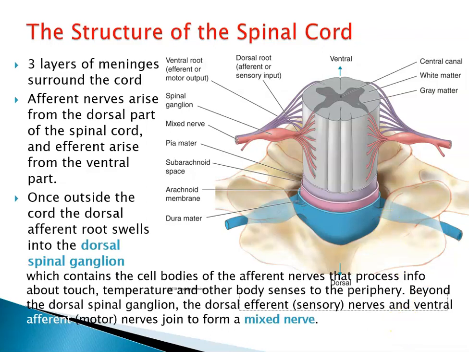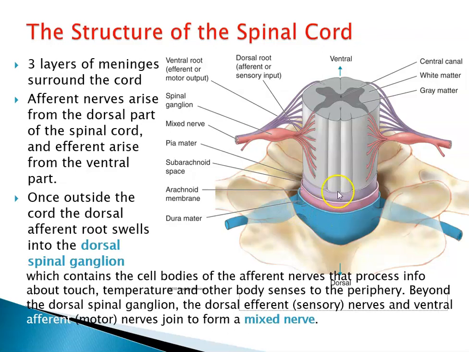We're going to talk about the spinal cord now. I know that when we talked about the brain, we talked about the meninges, and I want you to know that the spinal cord is also protected by meninges. So we have the pia mater, which is right up next to the spinal cord. We have the arachnoid membrane right here. And then in there, the subarachnoid space, remember that's the space that looks like little tiny, almost like little spider webs. And then the dura mater right on the outside.